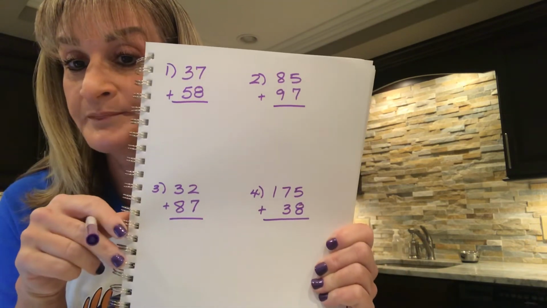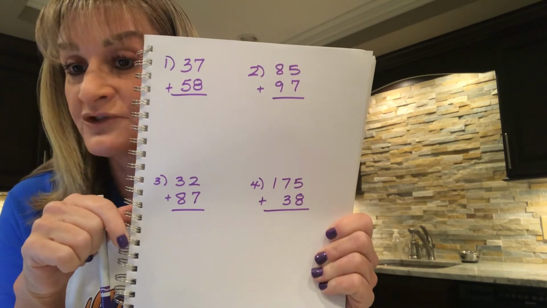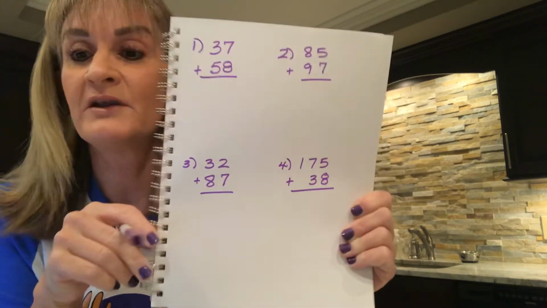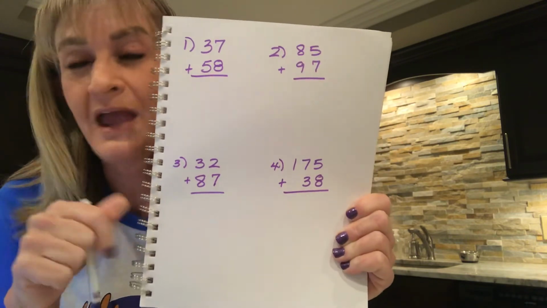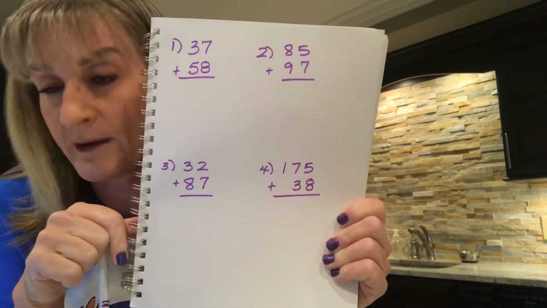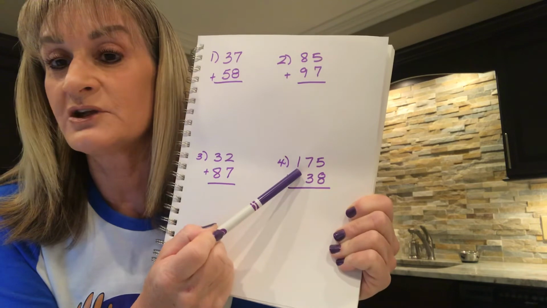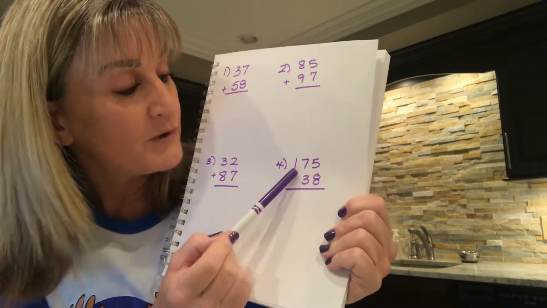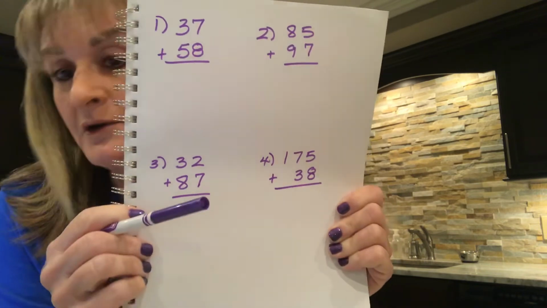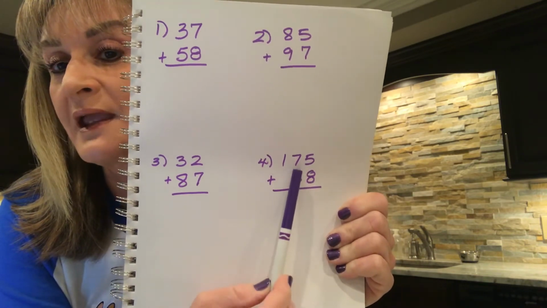So I'm going to put this down. And then I'm going to give you guys a chance to do them, and then we'll check. Number 3, 32 plus 87. Actually, I won't check them with you. I'll give you guys a chance to do them, and then your parents can check them with you. They certainly know how to do this. And then the last one has a 3-digit plus a 2-digit, 175 plus 38. And I want you to notice how 175 plus 38